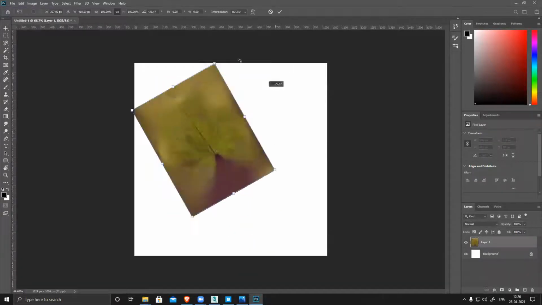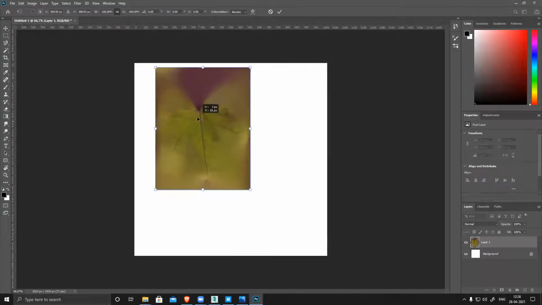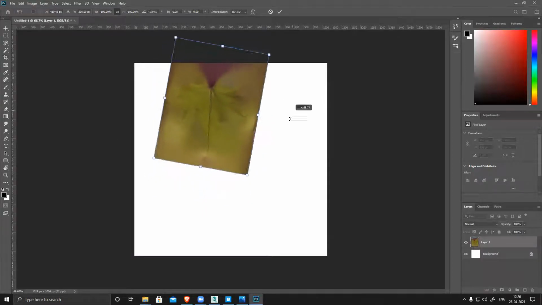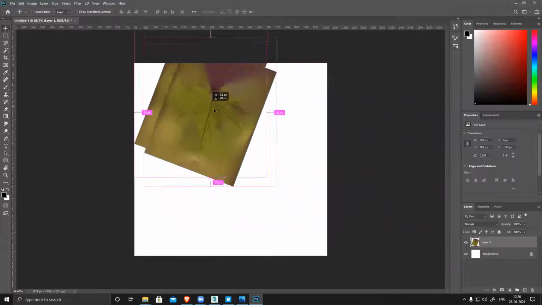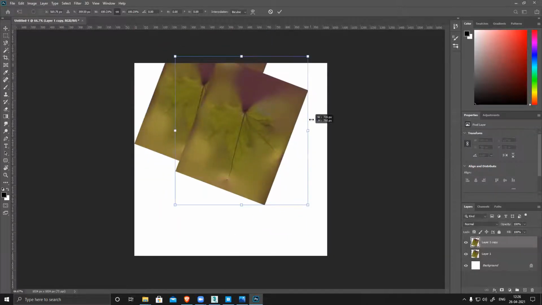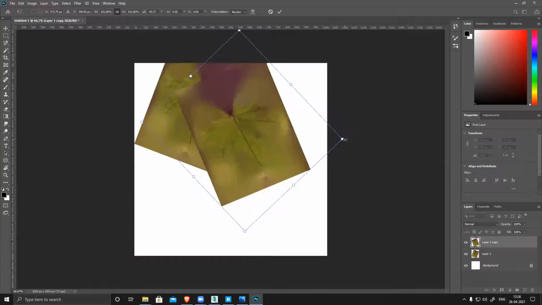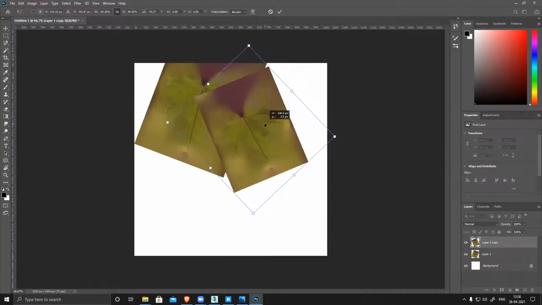According to the direction, top to bottom, like this. Firstly, little smaller.